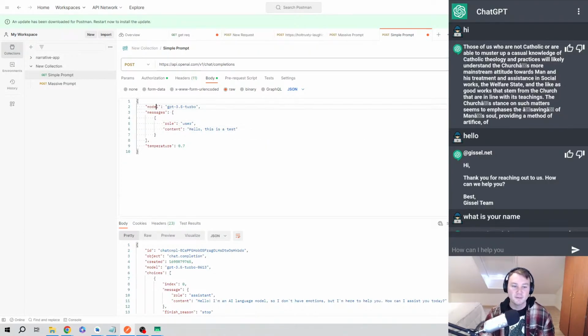So we're going to send off a message to the GPT 3.5 Turbo model, and I'll be showing how to do this all in code in a second. But the message role is user, and the content is the actual prompt that you're sending. And there are other parameters we can specify, but this is the easiest way to get started. So we send that, we wait for a request,